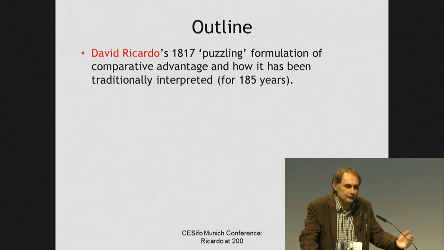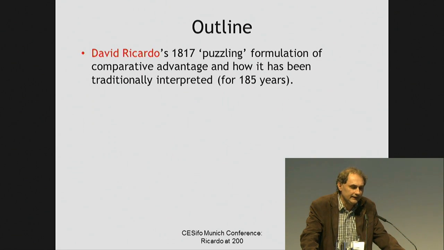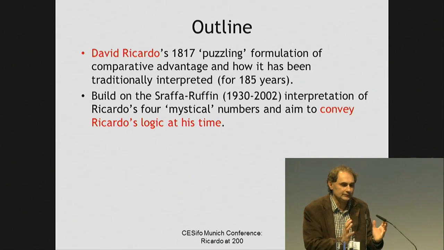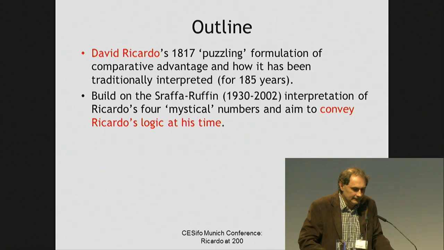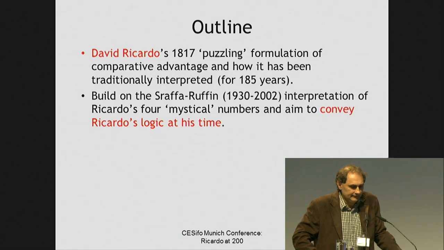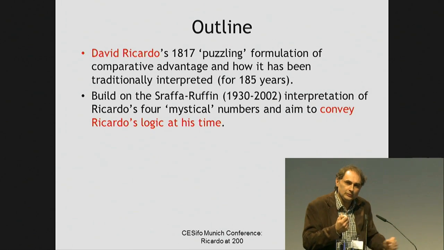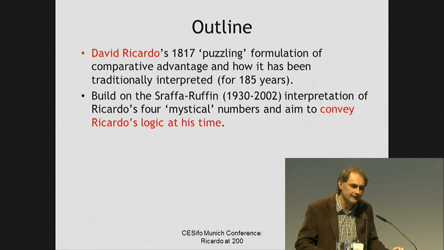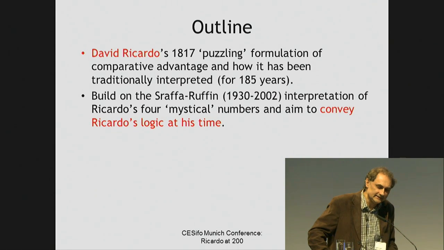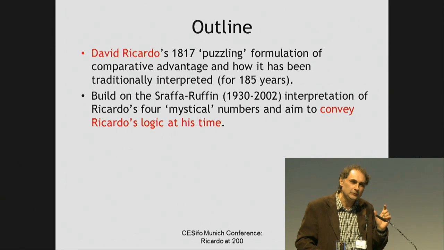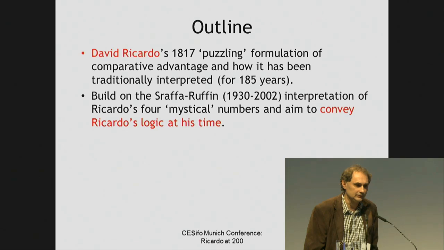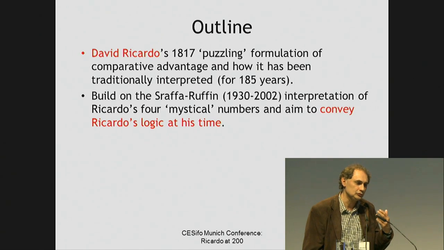Because of how it has been traditionally interpreted for 185 years. And there's been a bit of a debate here, since trade economists followed what turned out to be, like Douglas mentioned, that John Stuart Mill actually provided the formal work of the Ricardo model. Ricardo, in his writing, was not a very good writer. In his setup, there was quite an ambiguity about what he really meant by those numbers that he provided. And for 185 years, the trade economists followed the John Stuart Mill interpretation